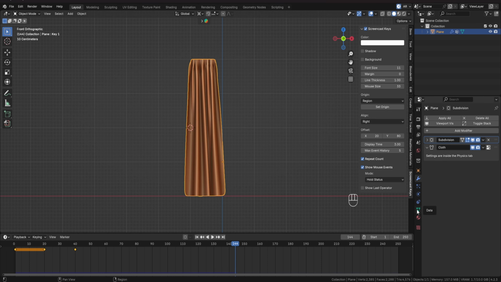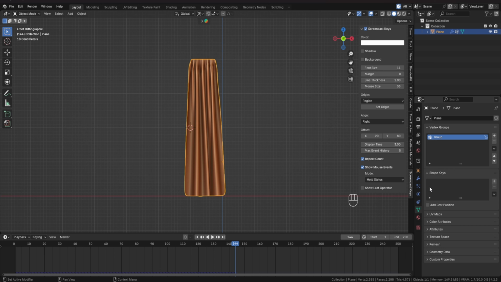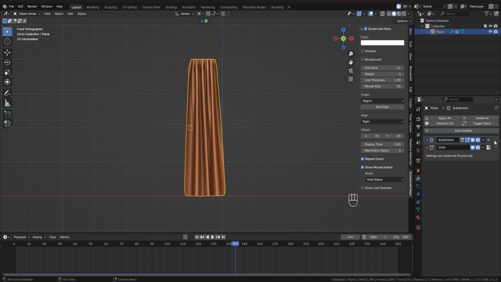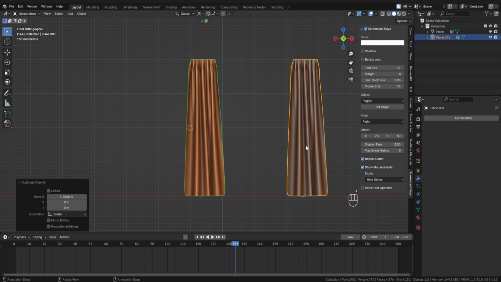So what I would want to do now, if I wanted to duplicate this, is I come over here, remove the shape keys, oops, and then apply all modifiers, Shift D, X, Control M